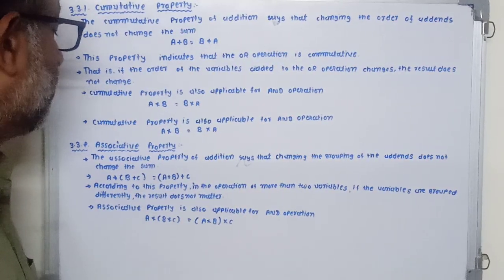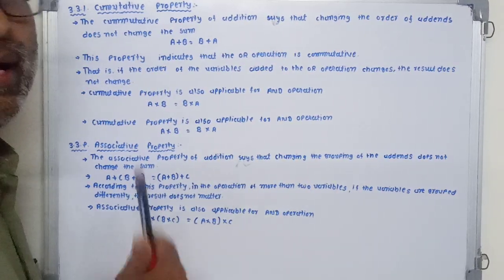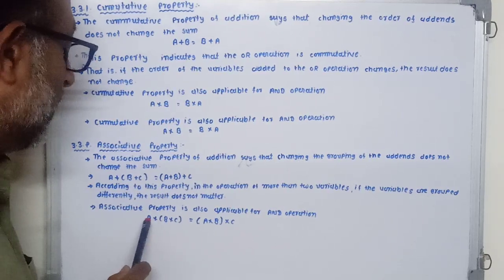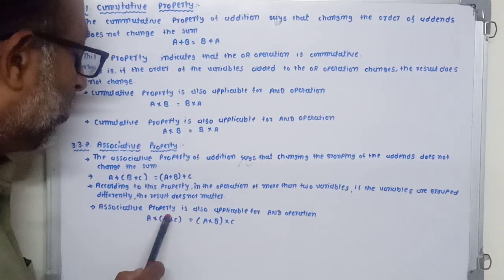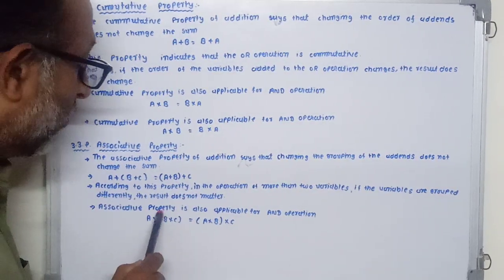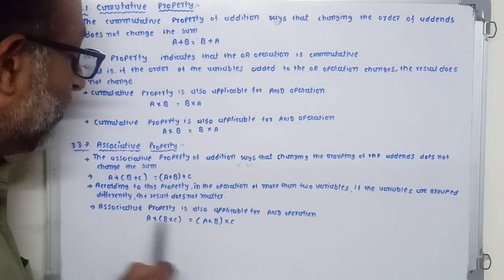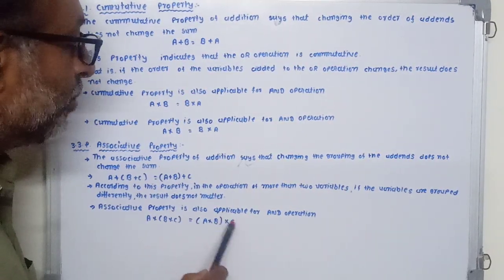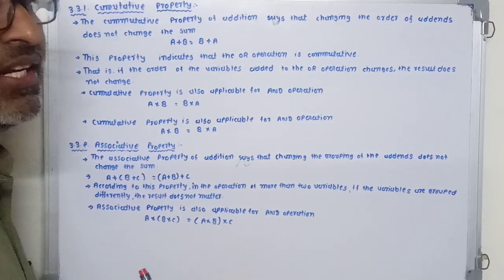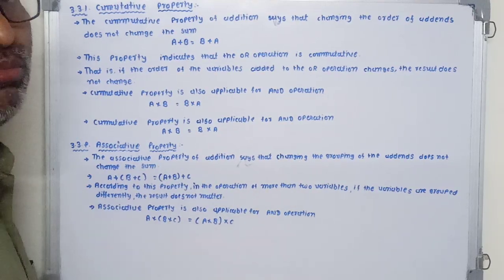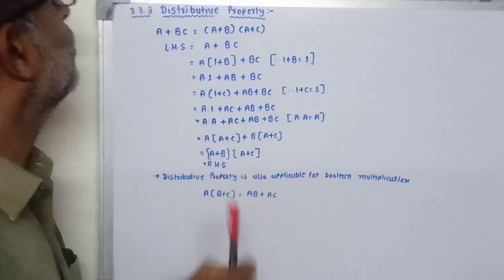Now this associative property is also applicable for the AND operation. So here we can apply three variables. We are taking three variables a, b, c: a into b into c. So here we are making one group which consists of two variables b and c. The same we can write as a into b into c. So here we are also changing the group sequence, but it does not affect the output, and we will get the same result.